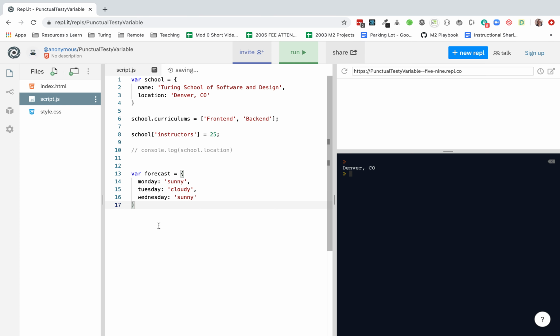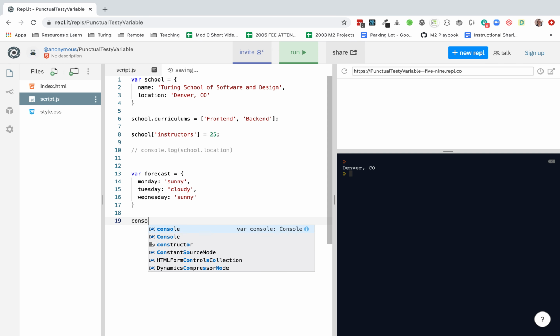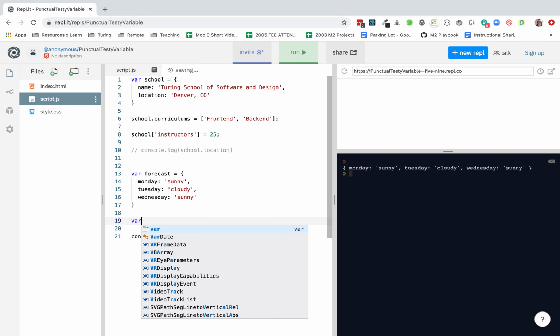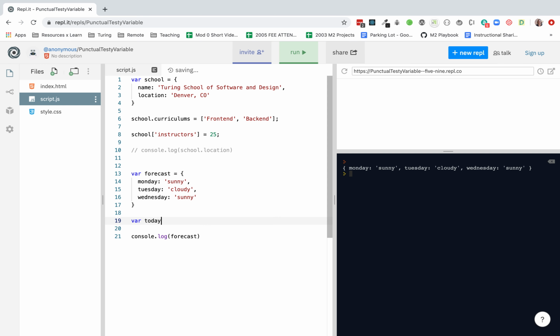All right, so I have my object, or we say an object literal, called forecast with some data inside. All right, so when I console.log my forecast, I should have all of that good information about what the weather is going to look like for the first half of the week at least. There's something else that I can do if I want to make this be a little bit more dynamic. So I'm going to create another variable, and I'm going to name it today, all right? So today actually is Monday for me, so I'm going to set today equal to a string of Monday,